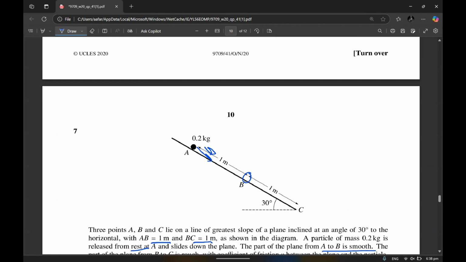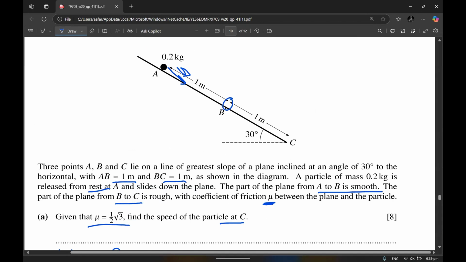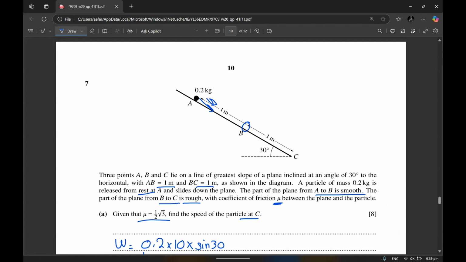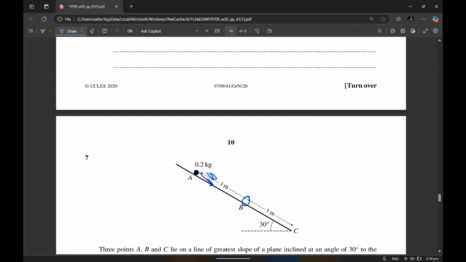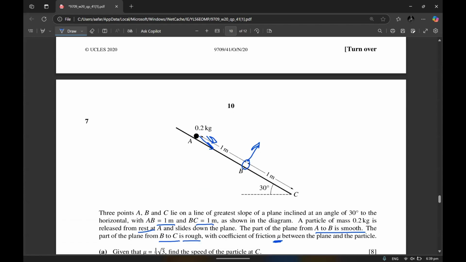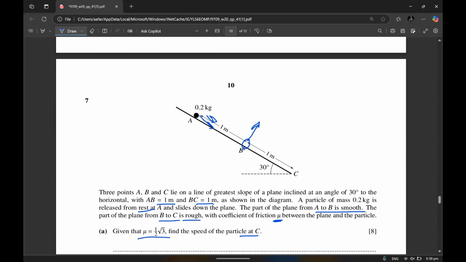Okay. So now at point B there is a friction acting, right? Since it's rough, and they've given us the coefficient of friction. So to find the acceleration, you need to do the weight minus friction. Friction is basically mu R, and R is the contact force. To find the contact force, if you draw this right angle triangle, this is 90 minus theta, 90 minus 30, and if we draw the components like this,